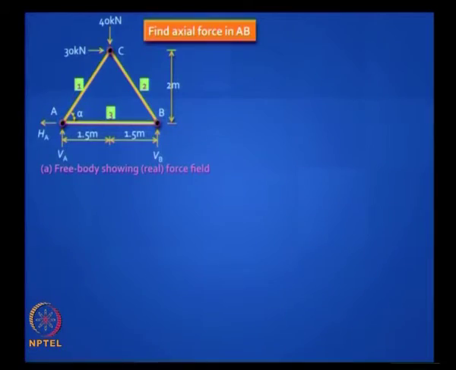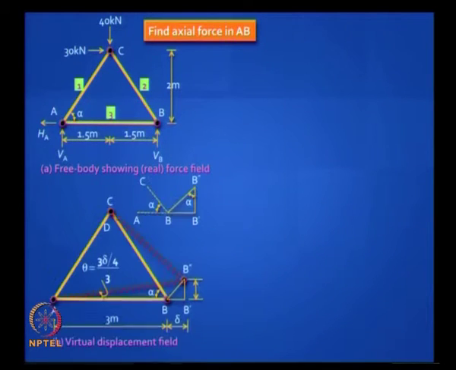You can also do it in a truss. Let us say you want to find the reactions in a truss, this particular example. If you want to find, this is a tricky thing, not the reactions, they are easy to find. I want to find the actual force in AB. What should I do? Well, I should now have an elongation in that member AB, and if I have an elongation in that member AB, this is the way to do it.